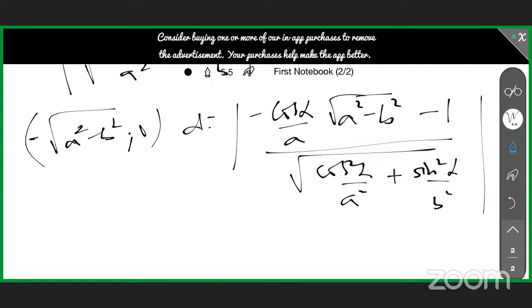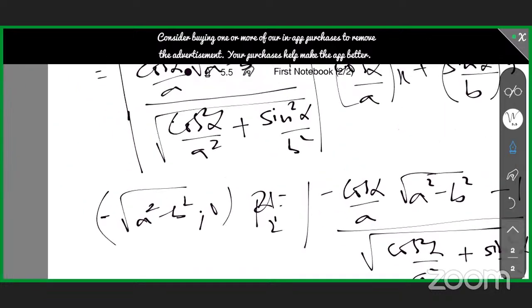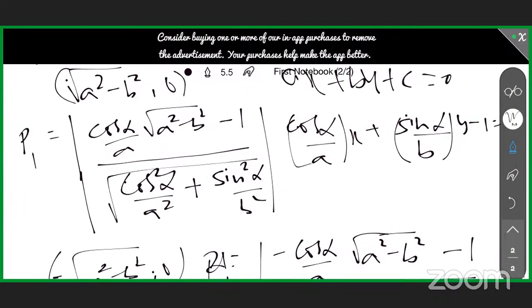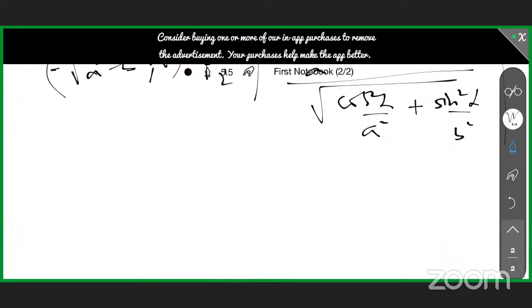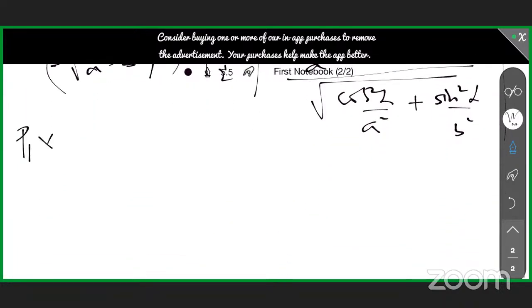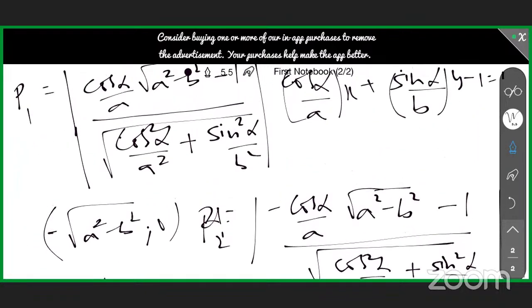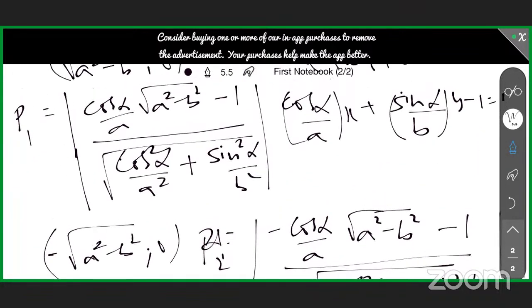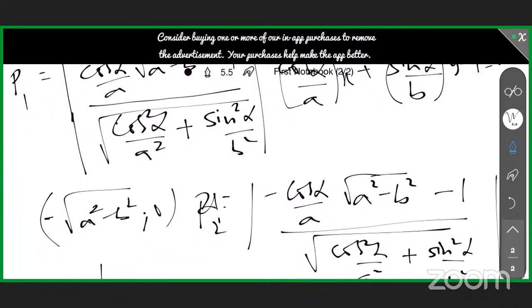Therefore, if I take this perpendicular as P1 and this perpendicular as P2, then P1 into P2 is equal to, what is my P1 value? Okay, this is my P1 value. Correct now. So my P1 value is cos alpha by A